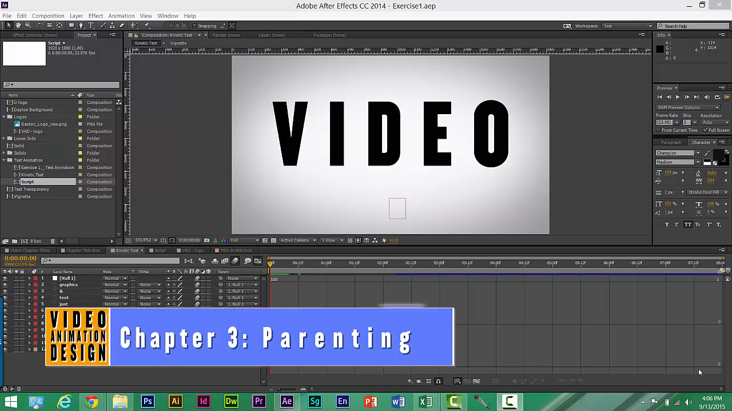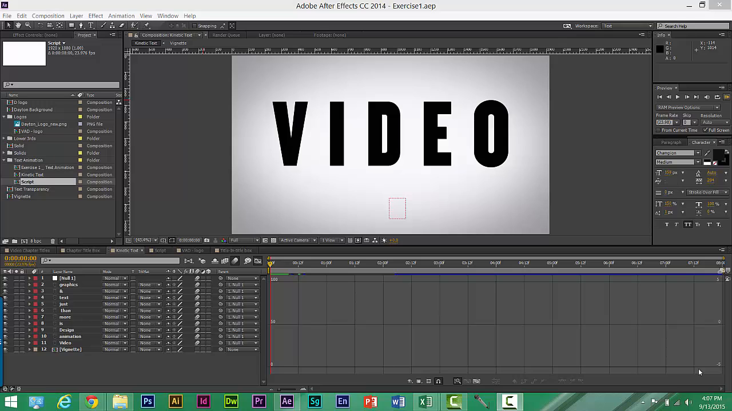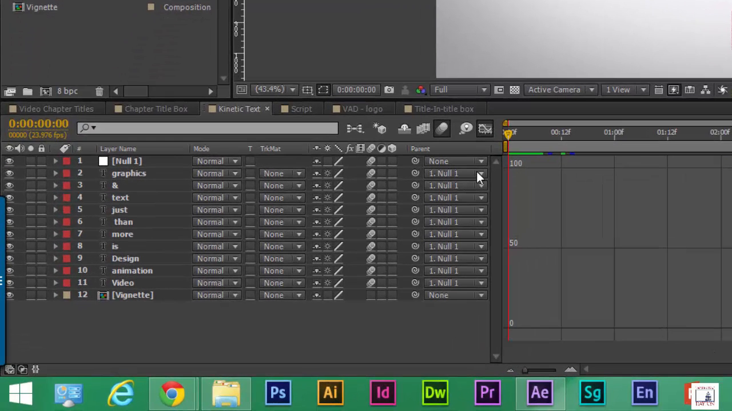In video 7, we're going to look at parenting and child layers, or the parent and child layers. Parenting allows one to synchronize channels to layers by assigning one layer to transform another layer. So, with all these, I'm pulling up, even though I'm using a null object, which